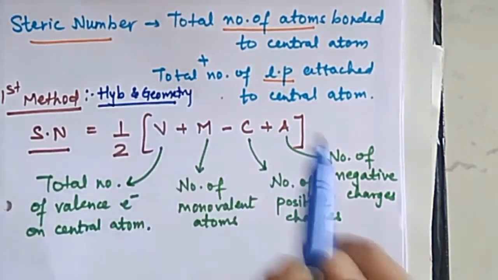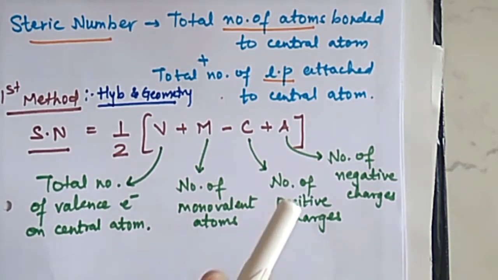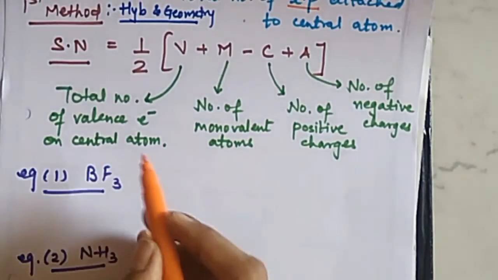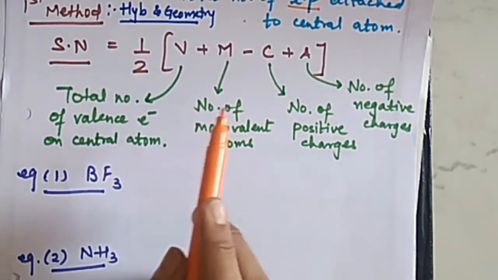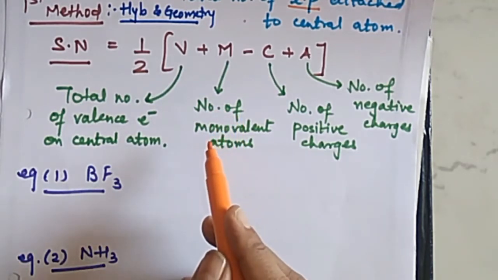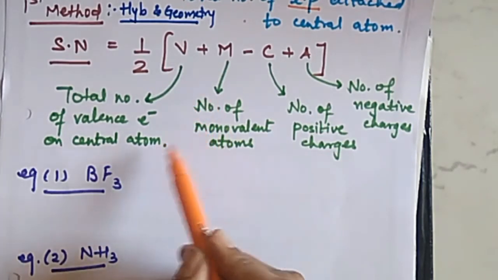So we will not be able to identify the number of lone pairs present. We will get here only the hybridization and the regular geometry of a given molecule. We will take a few examples based on this. One more thing, this trick is not applicable when there is more than one central atom, like S4O6. It is applicable only for molecules having one central atom.